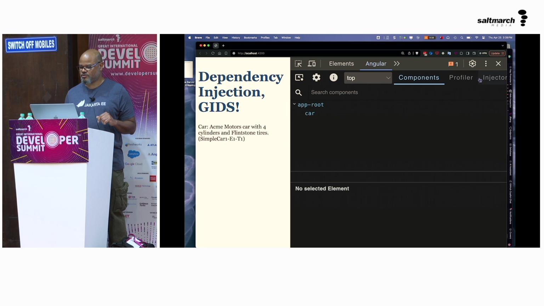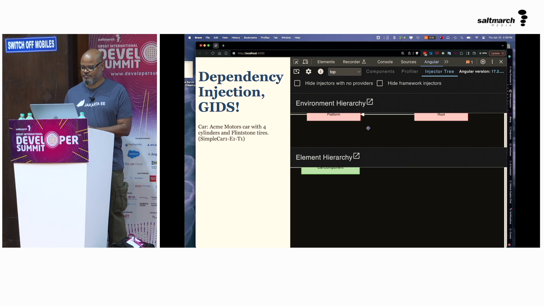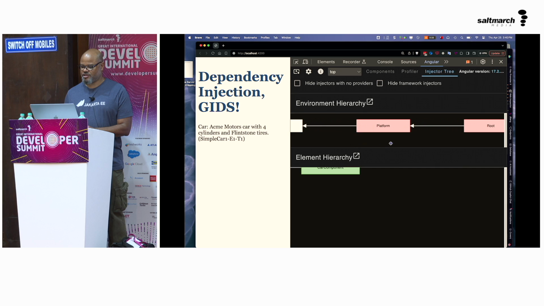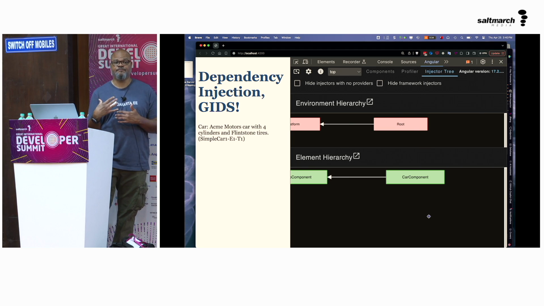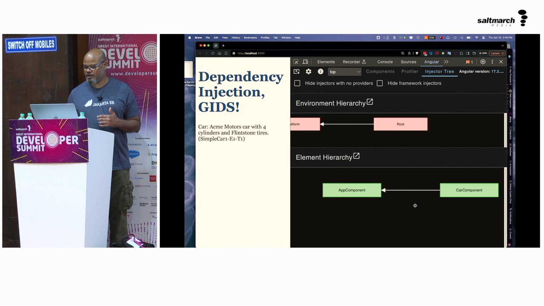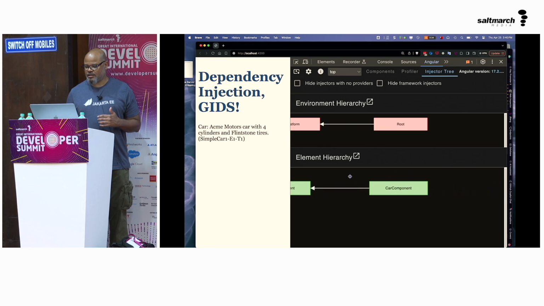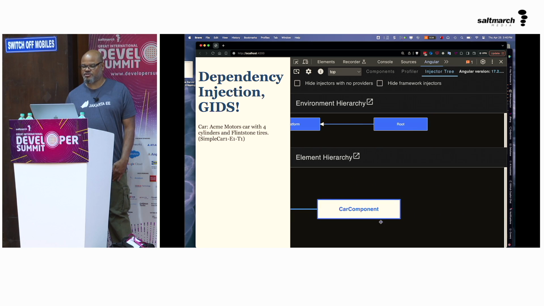So the Angular dev tools actually have this cool injector tab, and it shows the different injectors, okay? So there's a null injector, platform injector, and a root injector. And there are 2 different hierarchies. There's actually another hierarchy for ng modules as well, okay? And then here, there is the app component and the car component, okay? And when you click on these, you can see what's actually in those particular injectors. So each one of these has its own injector, right? So these are essentially the injectors that are there.